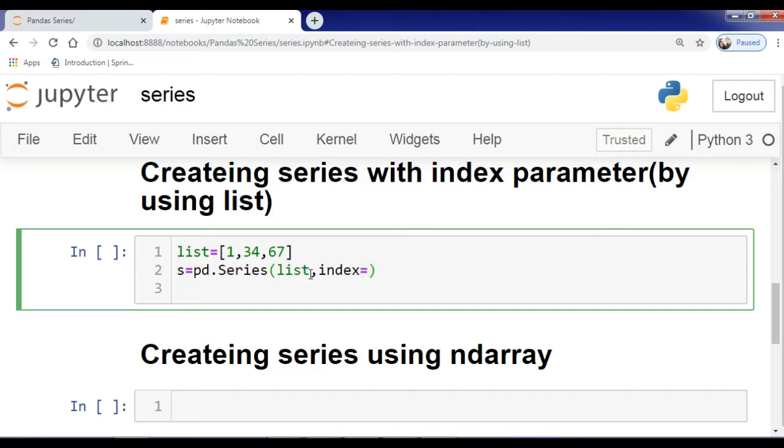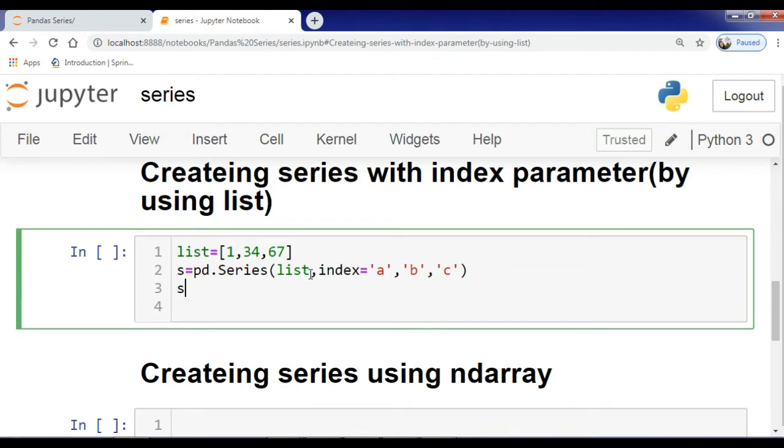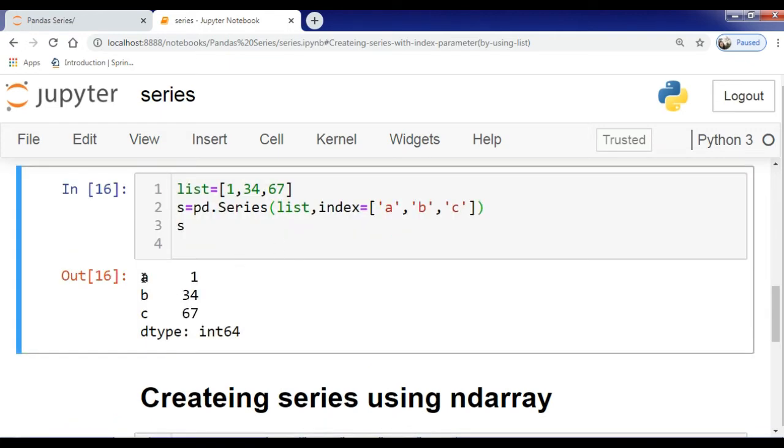Any index you can give. Suppose this time I want to give a, b, c. s, control enter. This time my index is a, b, c and my values are 1, 34, 67.